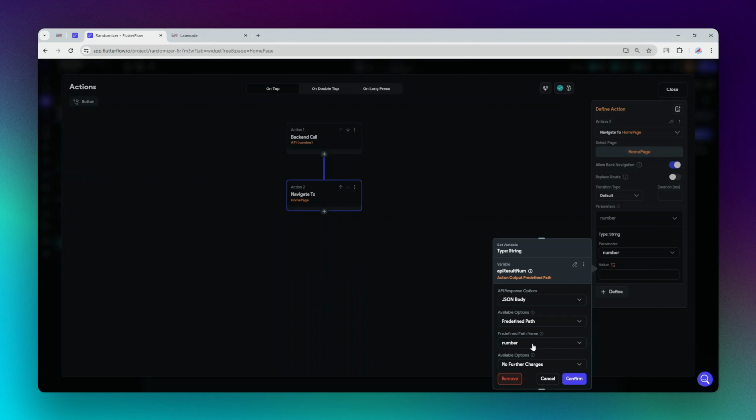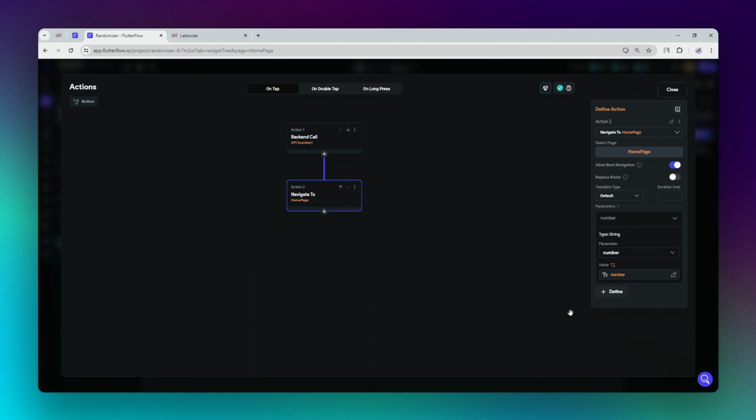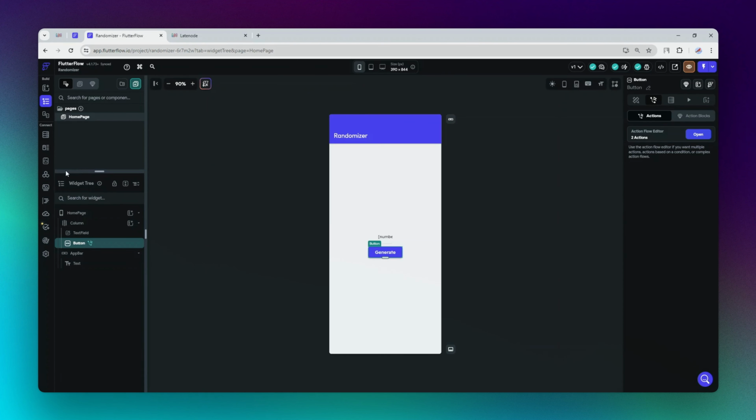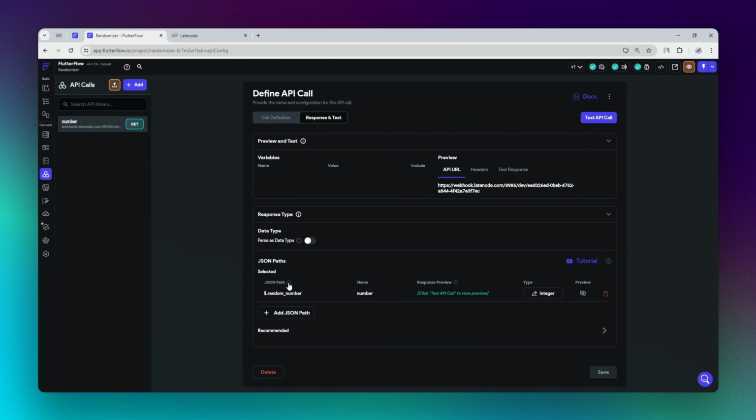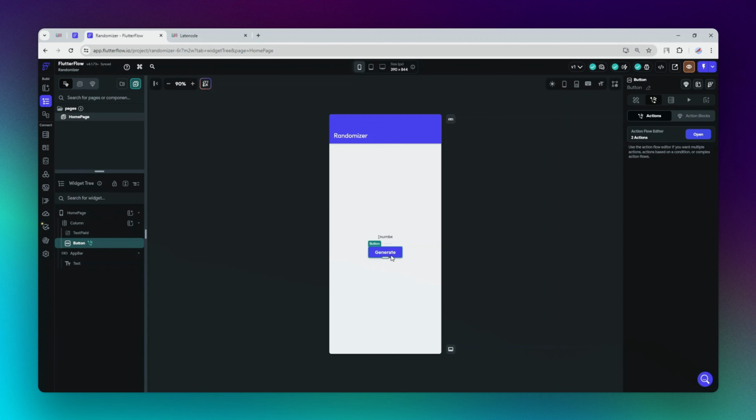If nothing is displayed here, check the API tab. Now let's go there and make sure we save this JSON. Save the changes. They are made. Close the Action Configuration tab. Here on the API Call tab, the JSON should be displayed. Return to our form. We added actions that send a request to the Latenode platform when the button is pressed